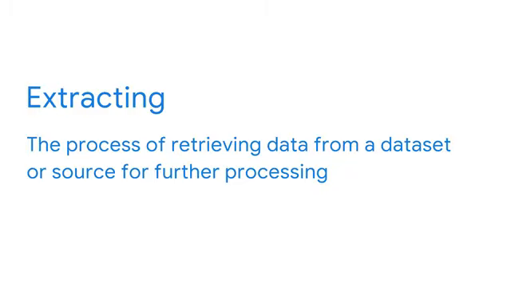Another useful structuring tool is extraction. Extracting is the process of retrieving data from a data set or source for further processing. You can think of extraction as retrieving whole columns of data. An example of extraction is to take the kangaroo data from before, then evaluate just 2 of the columns from the dataset, such as pouch volume and tail length. You can use the resulting data for analysis, comparisons, or visualization.